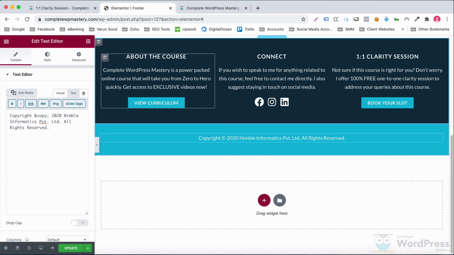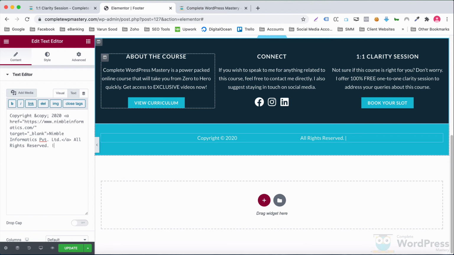I want to have the name of my company behave as a hyperlink. So I'll wrap this with an anchor tag and put the URL of my company's site in the href attribute of this anchor tag. I will also have a target of _blank to open the website in a new window.